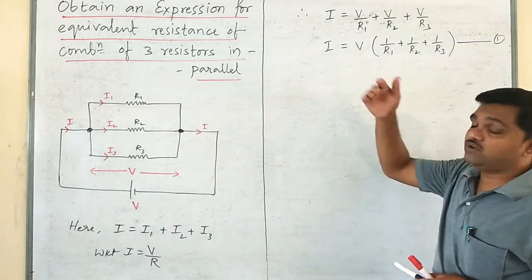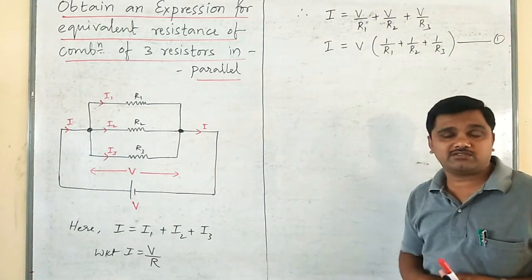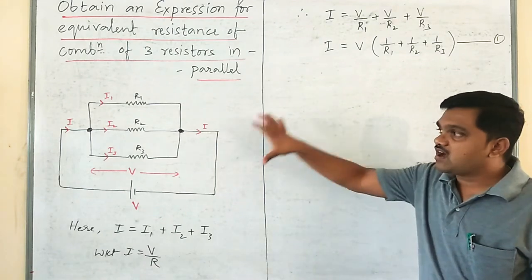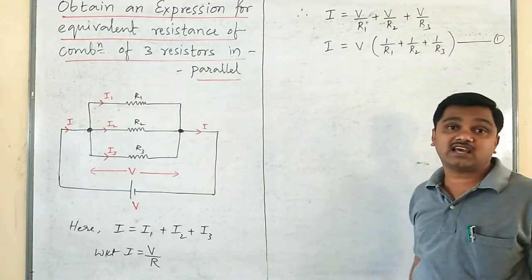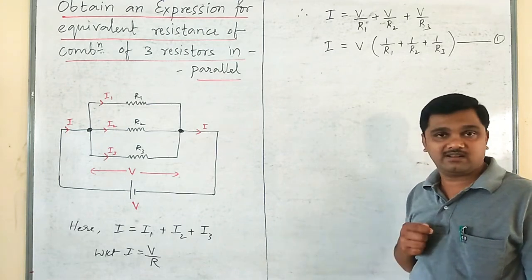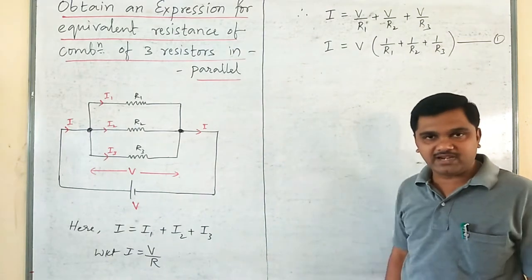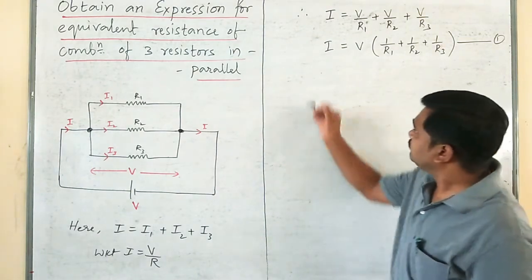Next, please remember that series derivation. After the first equation, what did we take? We wrote one sentence, isn't it? When the combination of these three resistors is replaced by a single resistor called equivalent resistor, which maintains the same current at the same PD, isn't it? The same sentence we should write here.